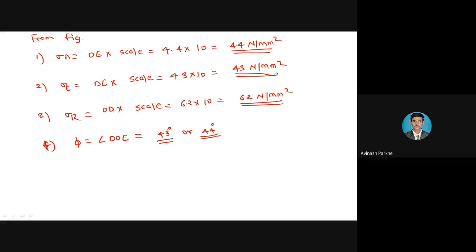Okay. So I hope everyone has calculated and you got the answers like this: 44, 43, 62 and angle 43 and 44 degree. So this is about the second problem where sigma x is positive and sigma y is negative. Whatever procedure we followed for problem number 1 and problem number 2 is the same. Only sigma y I have represented in the negative region. So with this, today we will stop here. Some other 2-3 problems based on this graphical method we will take in the next lecture. Okay, thank you.